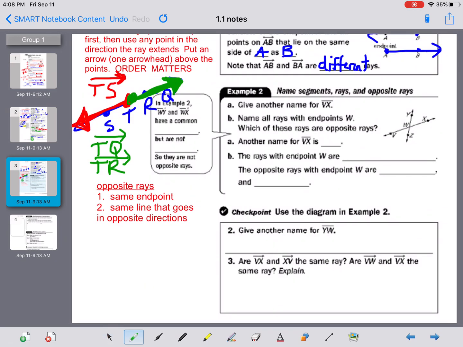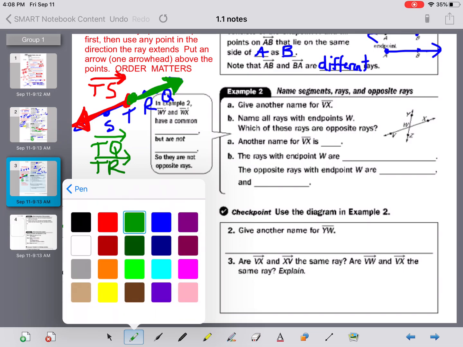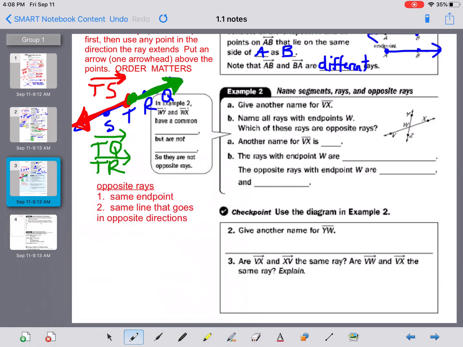Okay, one thing about this picture I want to point out. When I ask students a lot of times, I'll say, look at this picture. How many points are on this picture? And I get a lot of people that tell me 4. But the correct answer is 5. Even though there is no point at W, because they name that W, there has to be a point right